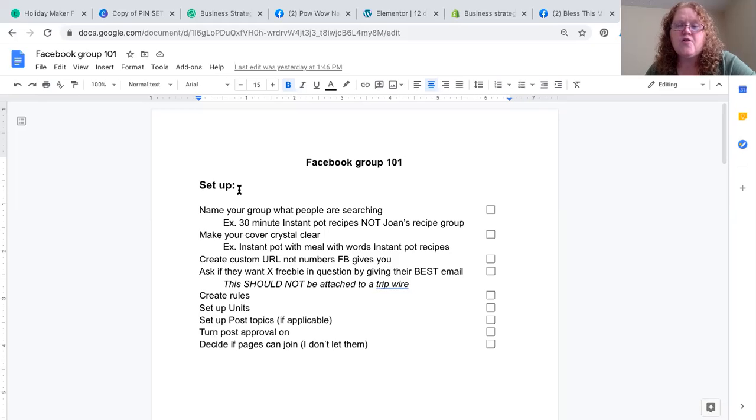Make your cover crystal clear. It doesn't need to have your logo. It doesn't need to have some random photos. Super crystal clear. You can put something in the middle. Let me show you guys. I just redid one